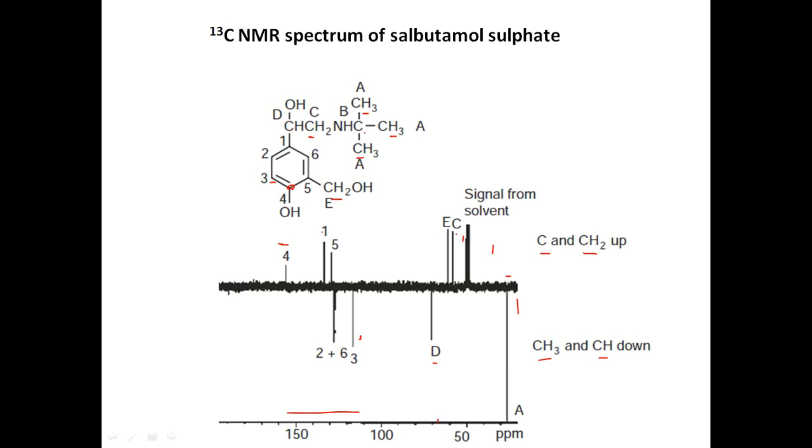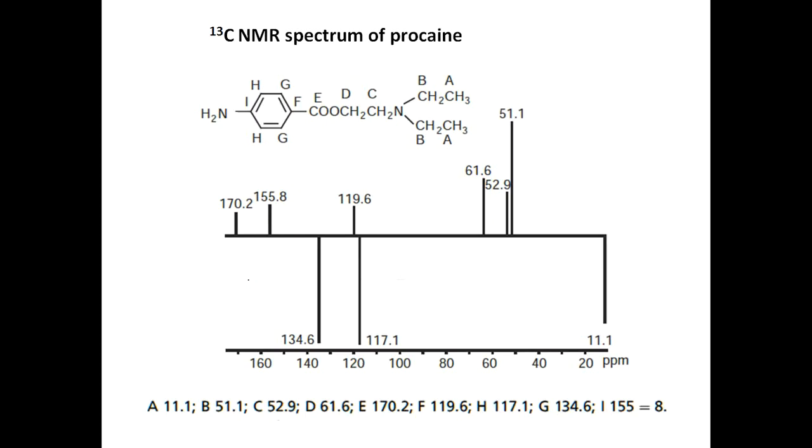The first carbon, the second carbon and the sixth carbon are almost similar, so they show here, for both the 2 and 6 carbons. So this is how the C13 NMR spectra looks like. The ppm range is from 0 to 200. You see only lines, a broad spectra is seen here, right? So this is another example, Procaine, for its C13 spectra.